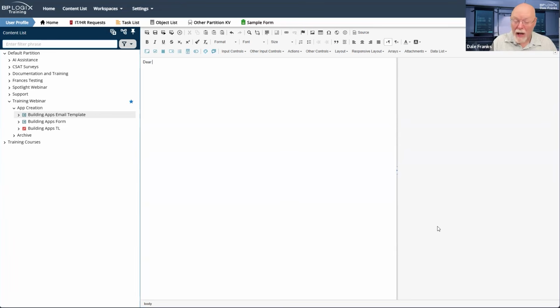That means we have a lot of limits on what we can place into an email template. We can't place any form controls on it because almost all of the form controls are data entry controls. There's no data entry in an email message. And even if there were, it still wouldn't work because the email message that the user receives in Outlook is not logged in any way to Process Director.